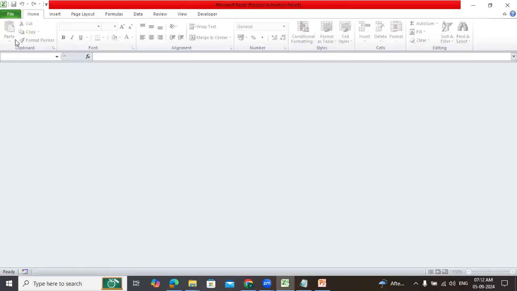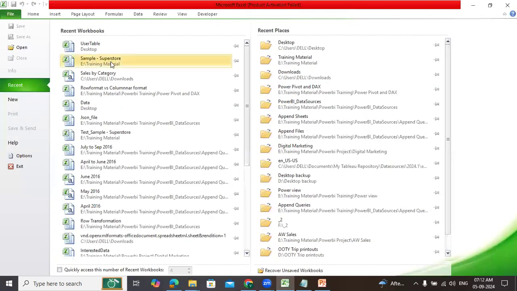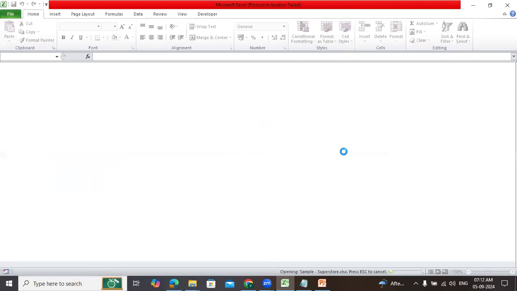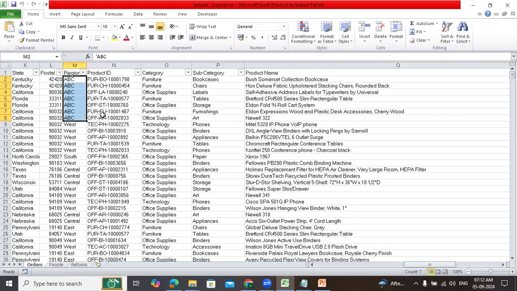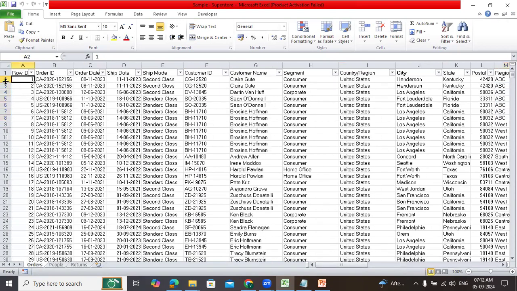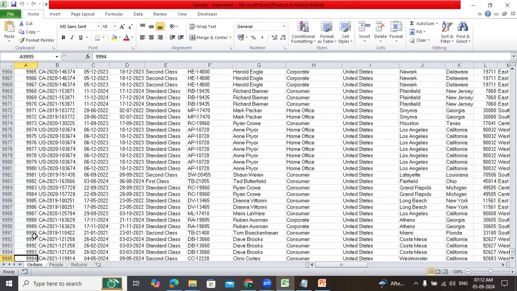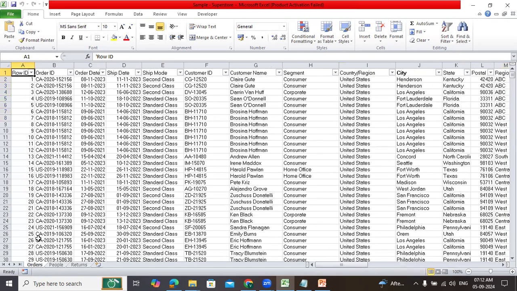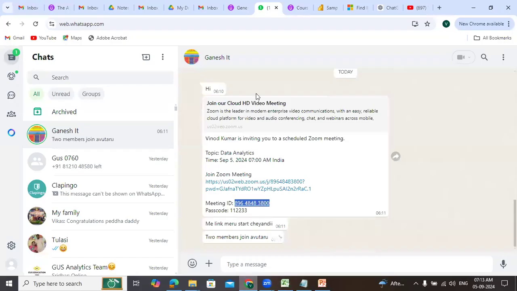Okay, let me show you first. Let's say I have raw data in the form of rows and columns, which contains somewhere around 9,994 rows and 21 columns. Fine. So if I share this data with my client, he may not be able to understand what is happening in the business. But if I convert the same data